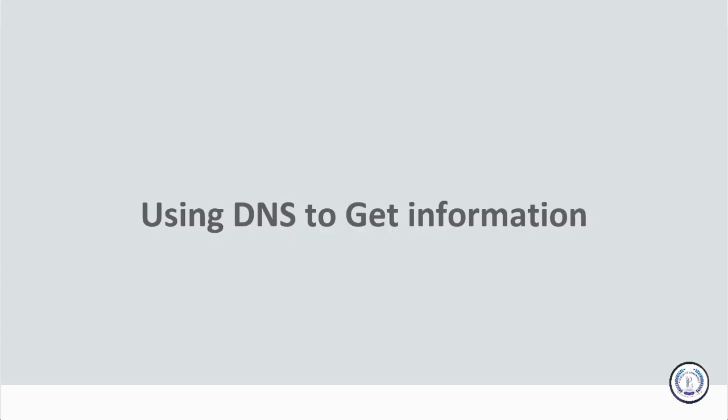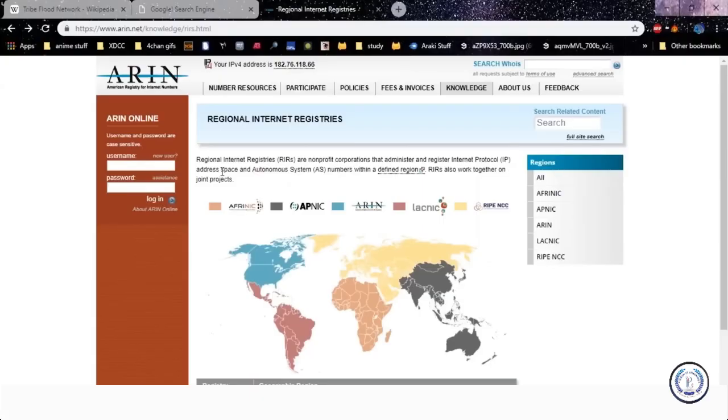In this part of the video, we're going to be going over the utility called whois, which is used for getting information from the DNS. Let me just show you a website here. This is the regional internet registries. The internet registries are used to store information about domain names and IP addresses, and there are 5 regional internet registries. First is ARIN, which is responsible for North America, so that would be the US and Canada. Then we have LACNIC, which is responsible for Latin America and portions of the Caribbean. Then there's RIPE, responsible for Europe, the Middle East and Central Asia. There's AFRINIC, which is responsible for Africa. And finally, we have APNIC, which is responsible for the Asia Pacific Rim. So that's the regional internet registries.